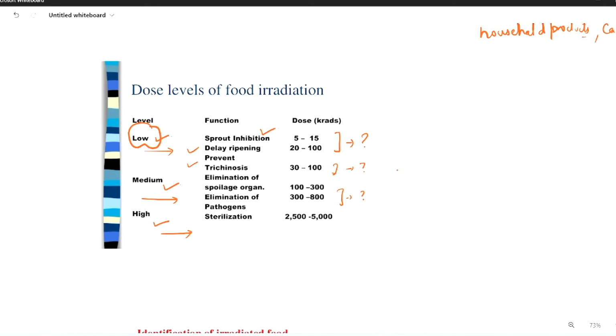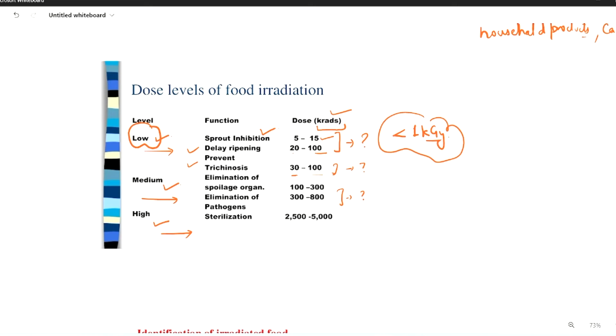And the optimum dose which should be given for this purpose should be less than 1 kilogray. It is given here in kilorads, right? So it should be less than 1 kilogray, or if you talk about kilorads, it should be 5 to 15, 20 to 100 and 30 to